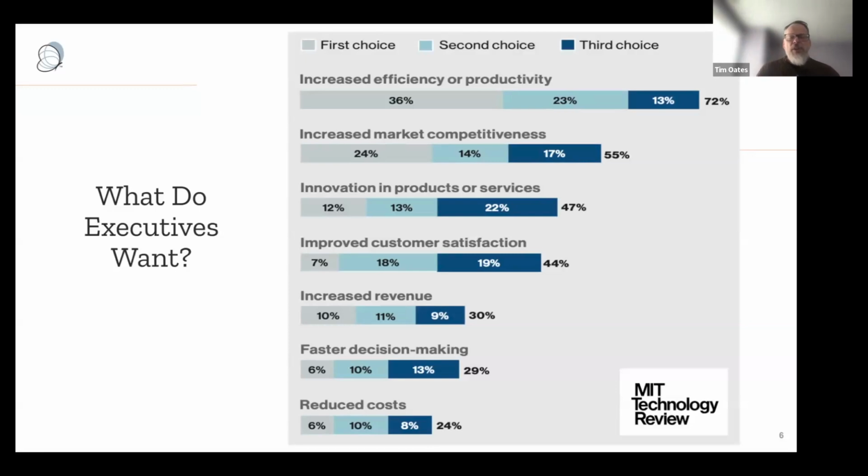What kinds of things are you trying to accomplish with your AI initiatives? And rank them: your first choice, second choice, and third choice. So if you sum the gray bars, they'll add up to approximately 100. If you sum the light blue and dark blue bars, they'll add up to approximately 100, because everybody had a first, second, and third choice. And the thing that's interesting here, which we see a lot, is that they're saying we want to increase